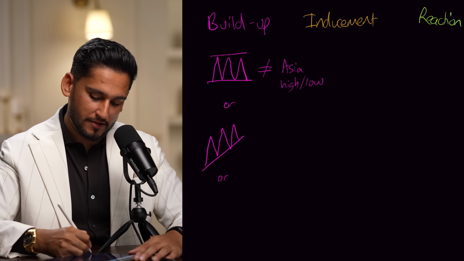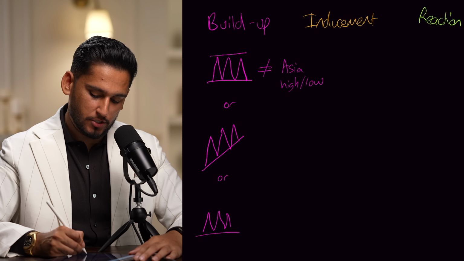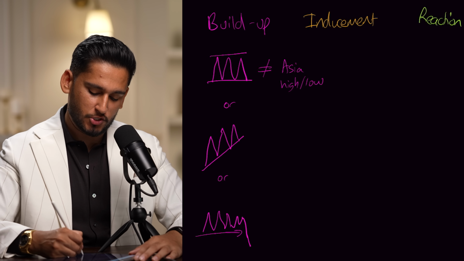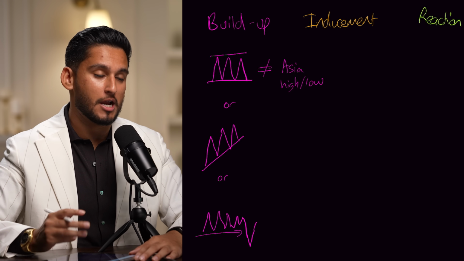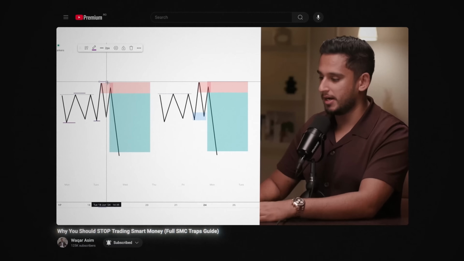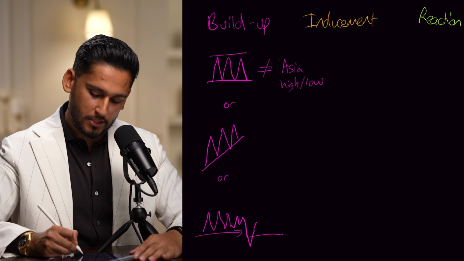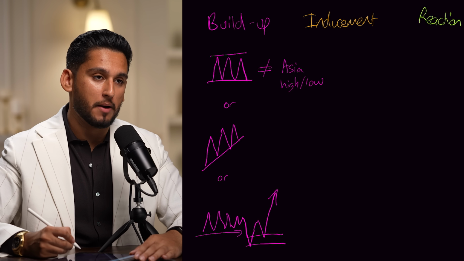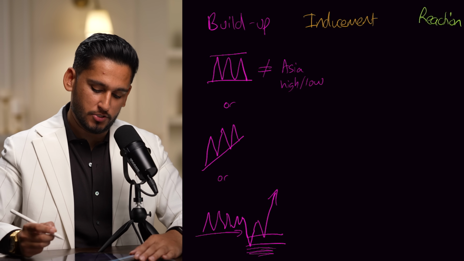And then lastly, you have my favorite, which is a smart money trap, where you have a build-up. Smart money traders call that equal lows. After that build-up, you have a sweep. After that sweep, you have no intent, or it's at the wrong time. Look at my smart money trap guide video to understand what is the difference between an inducement and a smart money trap. And therefore, this also becomes a form of a build-up, because people are going to be looking to buy based on smart money traders' entries, and their stop losses are going to be in this area.